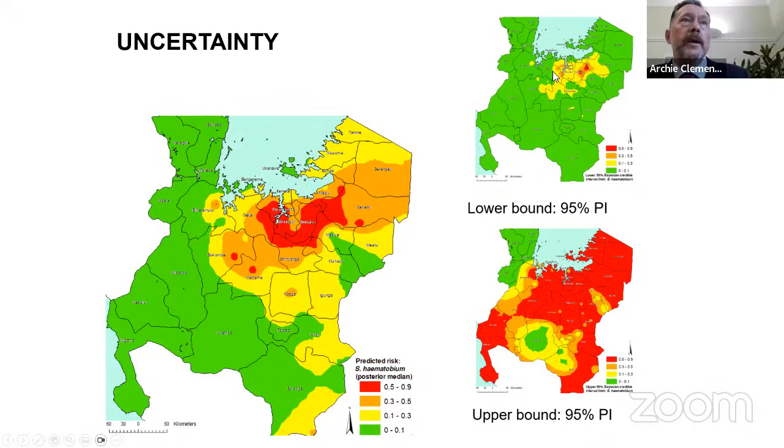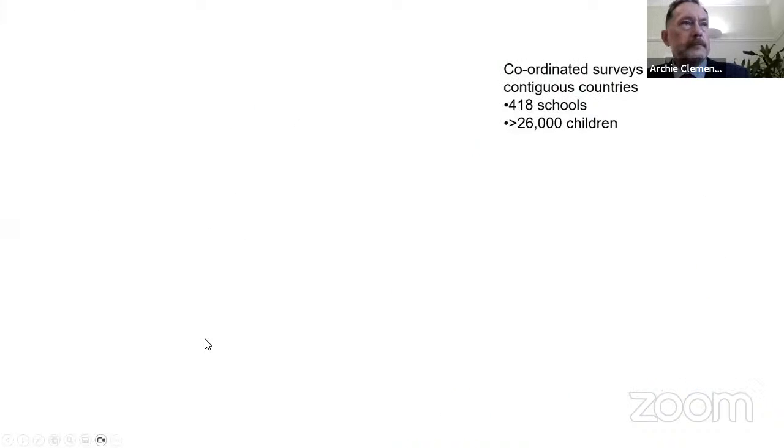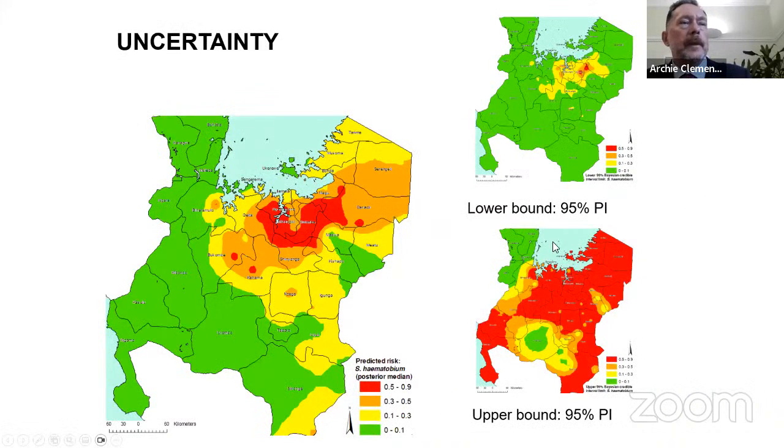And so the use of this information is that you can say that there are areas of the study area where we can be absolutely certain that disease risk is below a particular threshold. Okay, so that's the bottom map here. So we can confidently exclude the green areas of this map because our uncertainty estimates suggest that we're very, very, very certain that there's no disease in those areas. And then there are other areas of the map where we can be absolutely certain that the disease is present at a high level.